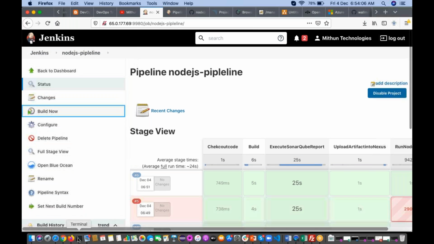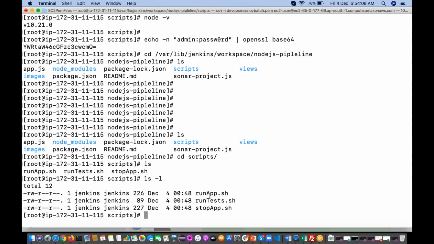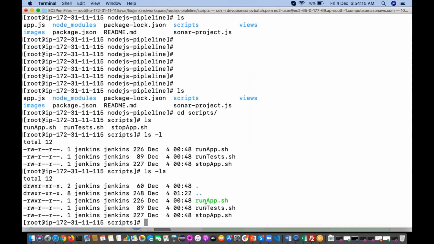So from here also, directly with these commands, you can start and you can stop it also. See, now for this run-app.sh, it has been given execute permissions and it is running.